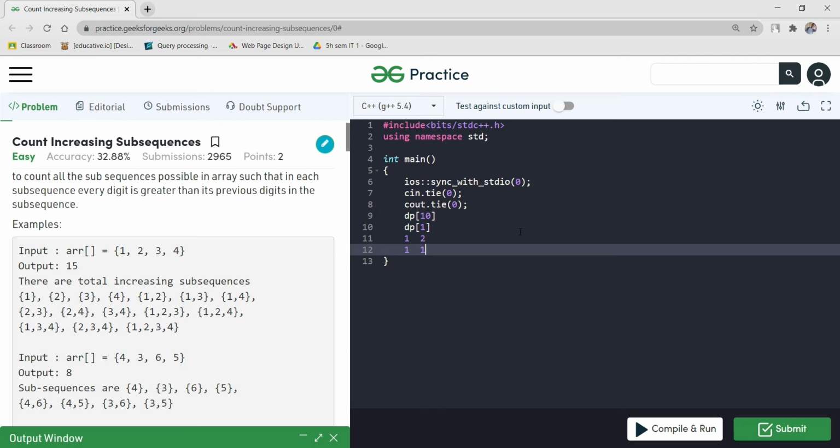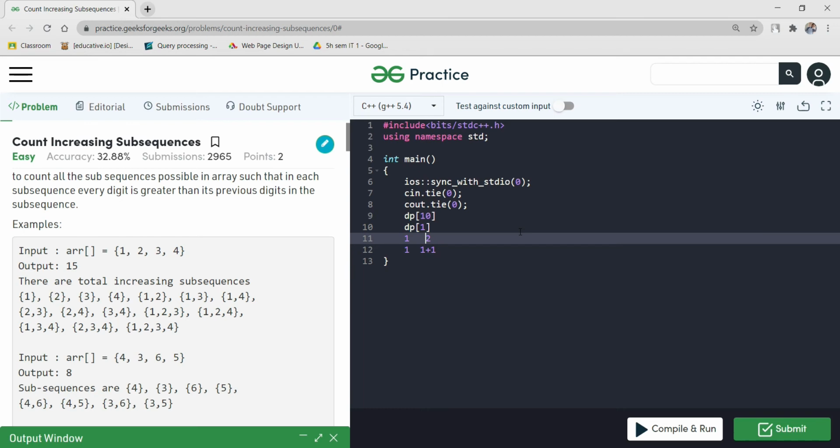Why is that so? This is because, as I have already said, the subsequence of size 1 will always be present in our answer. So we will have 1 as our base condition. Then we will add 1 plus 1.